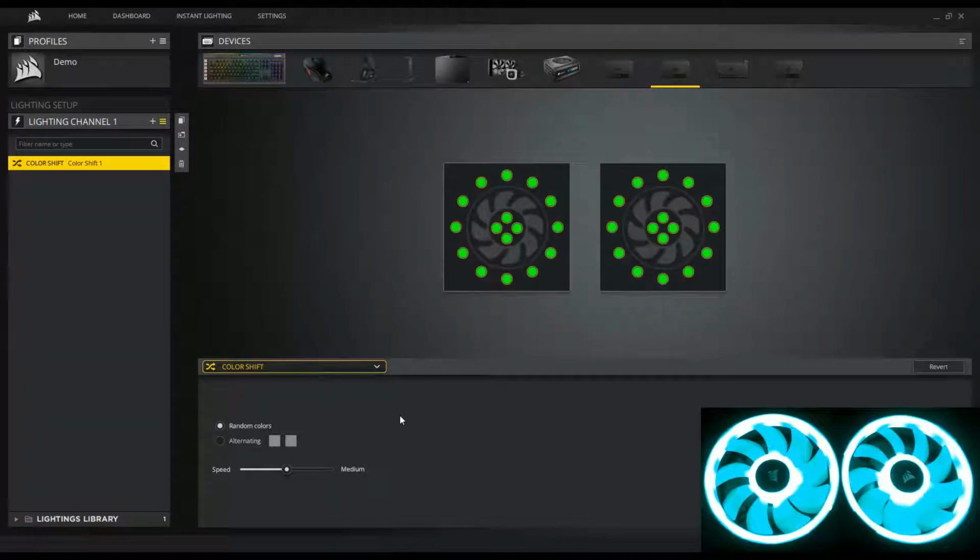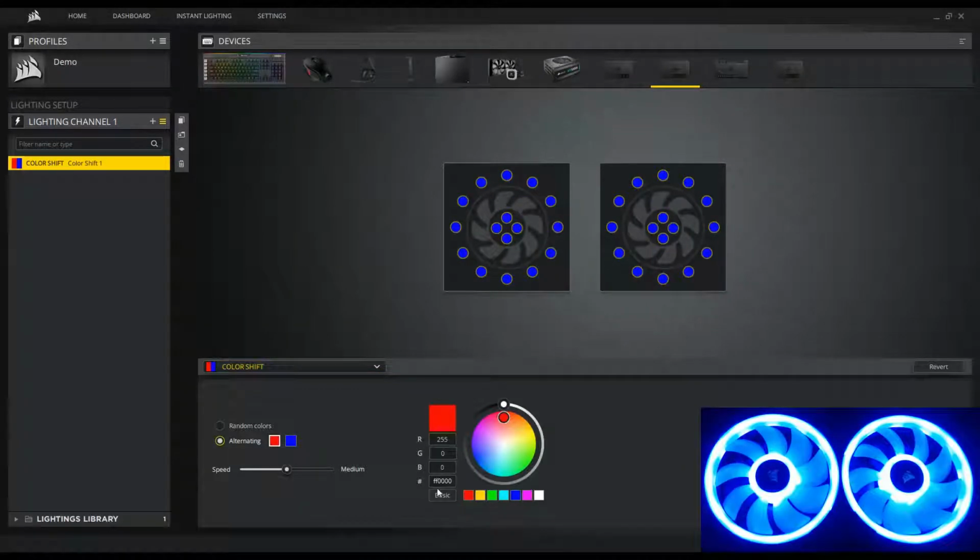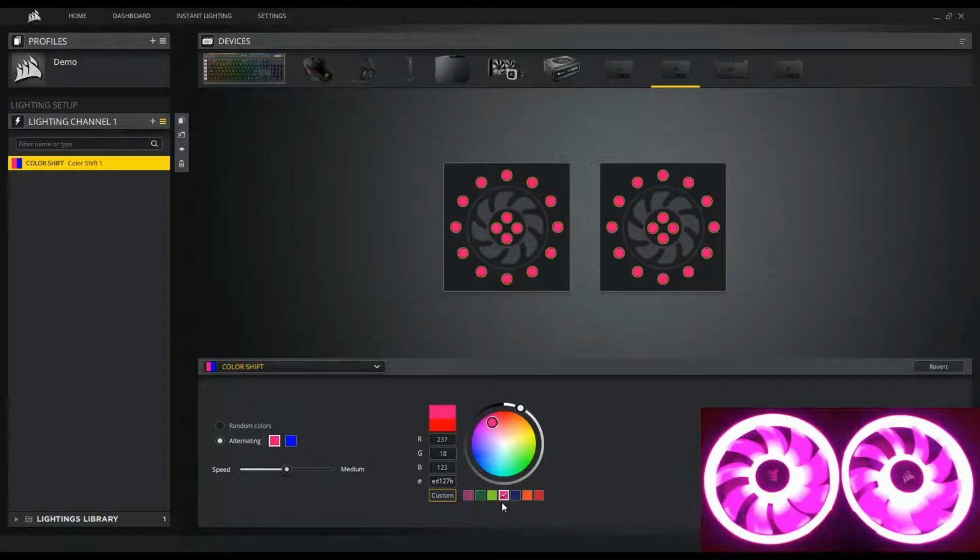And you can either have it do alternating colors, and you can pick those two colors. Of course, you can also select from the custom palette that we saw before. So I'm going to go ahead and select two colors from my custom palette. And this will shift between that pink and red. Or of course you can do the basic colors. So there's my color shift